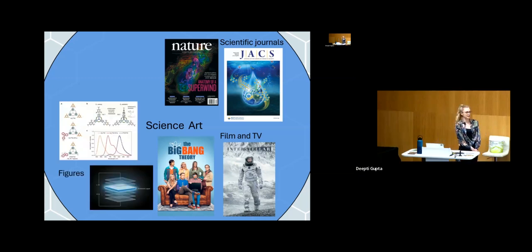Then figures, this is kind of also what Veronica was talking about, and these are found within the scientific journals. And I would say this is the primary way that scientists will get across their research ideas, because it's much easier to have just a single image of the scientific discovery than having to read paragraphs and paragraphs of text. So having an artistic mind to develop these really helps to make them concise and easy to follow.